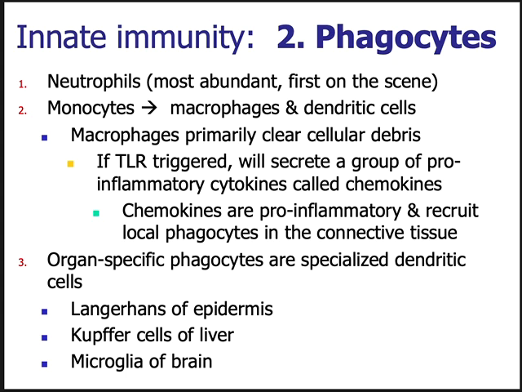Particularly, these tissues are the ones that are coming in contact with the external environment. So things like your skin, your nose, your lungs, your stomach, your intestines, right? So you're going to have a lot of dendritic cells in all of those areas. And then that gets us to the next category,